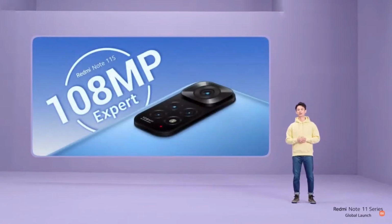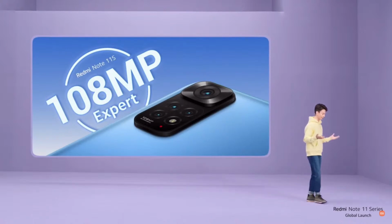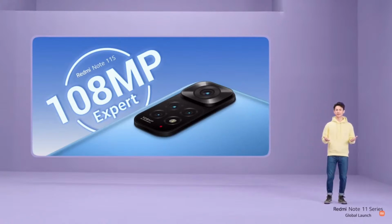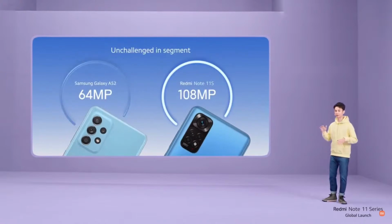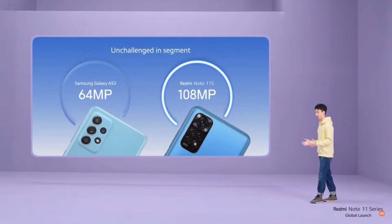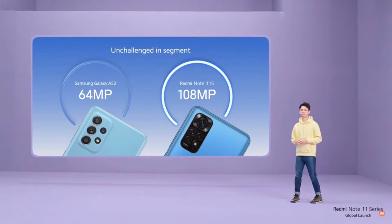We gave you a sneak peek earlier, but of course, there's a reason why Redmi Note 11S is called the 108MP Expert. It comes with an expert level 108MP camera. In fact, it's the same incredible sensor used in our Pro models. And not only is this flagship level camera a massive improvement over the last generation, but it's actually a huge